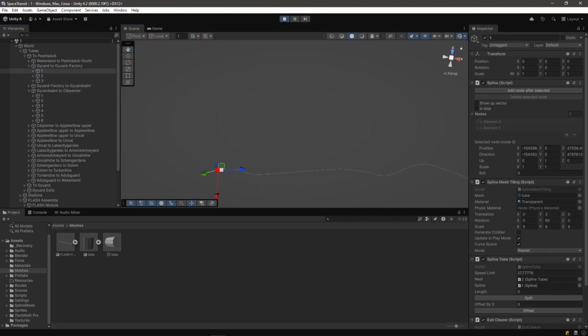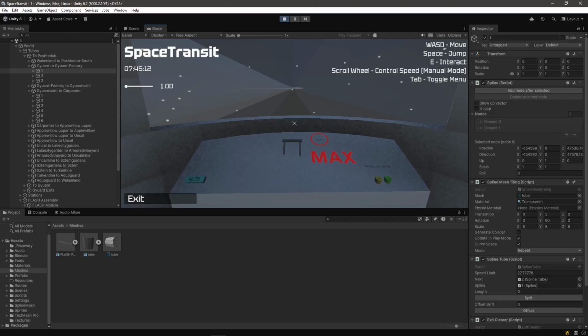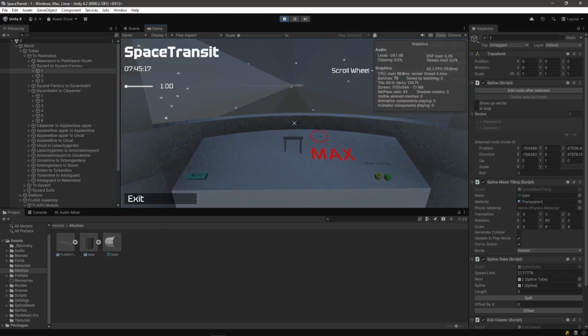It would be horrible if it wasn't. I used 300 samples, if I remember correctly, per spline segment. Yeah, math. It's a lot of math. I didn't write the spline mesh package, but I optimized it a little, so it isn't as horrible. I will go into the details of that. Oh boy, the frames were horrible. The frames were absolutely bonkers without the optimizations. So you can see even at 20x speed,